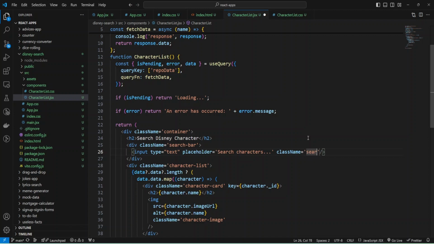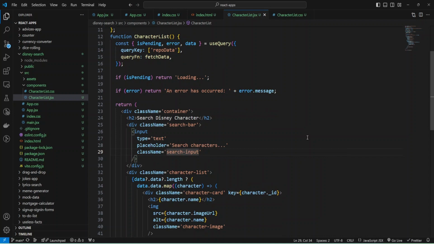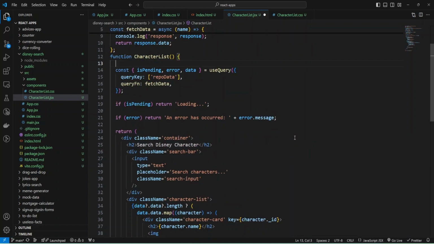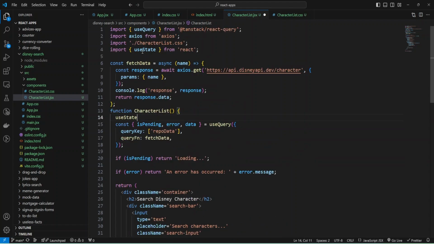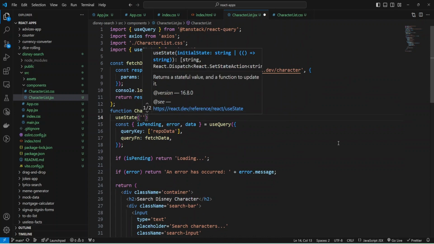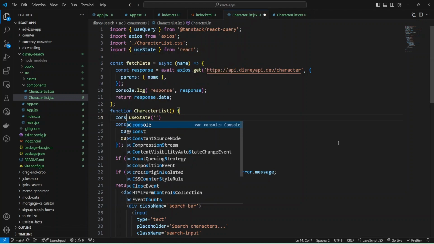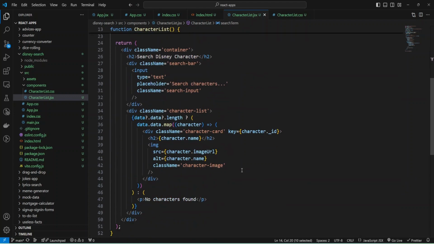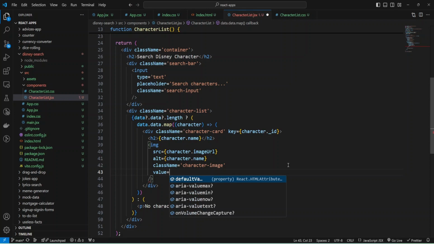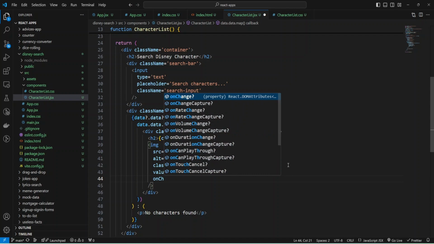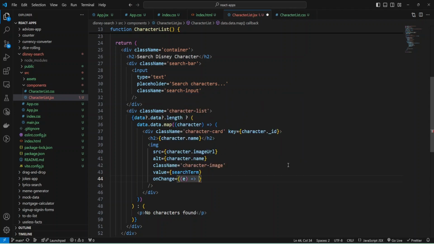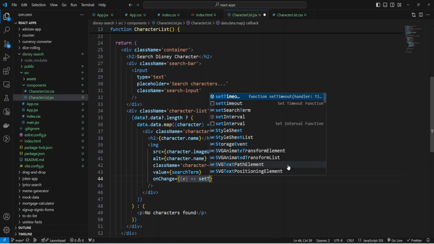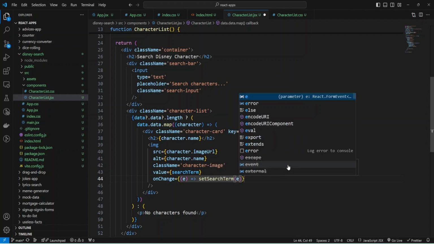Class name will be search input, and let's add value that we will use as value for input, and I'm going to use hook useState, and as you can see, import was added, and initially it will have empty value, and let me add const and provide some name, and let it be search term, and function to modify it will be set search term, and as value I'll use this search term, and when we change I'm going to provide function, and I need event to set this search term, and we'll use value from event.